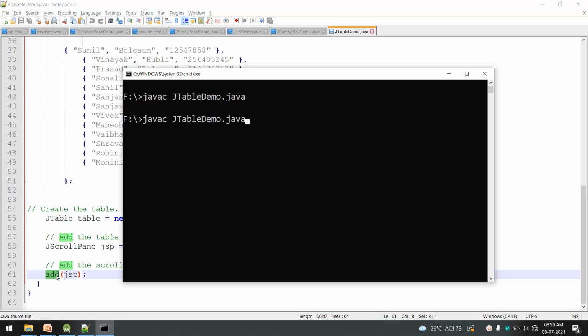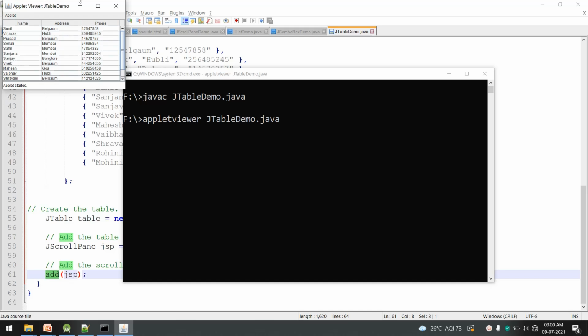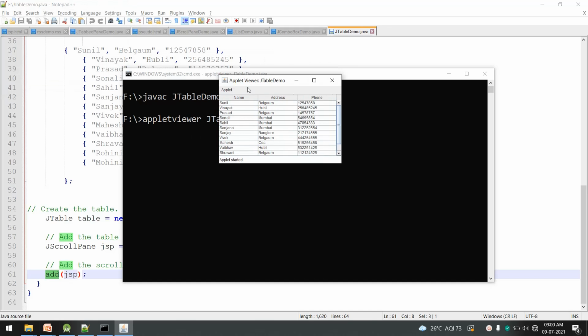Then let us execute it by using appletviewer. Okay, now you can see the output here.